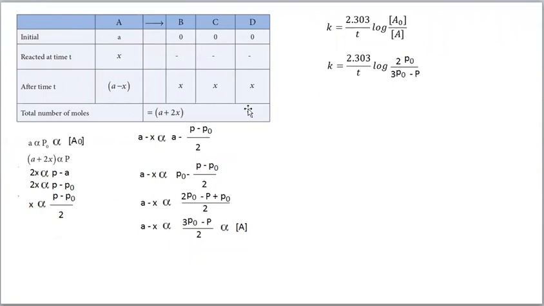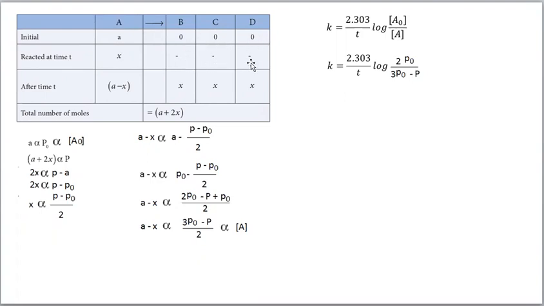See, like this we can draw a table. This is the concentration of reactant. In this table, you see the initial concentration of A; let us assume it is small a. B, C, and D are not taken, so 0. Then the concentration of A reacted after time T is say X. So when X moles of A reacted, we will get X moles of B, X moles of C, and X moles of D.